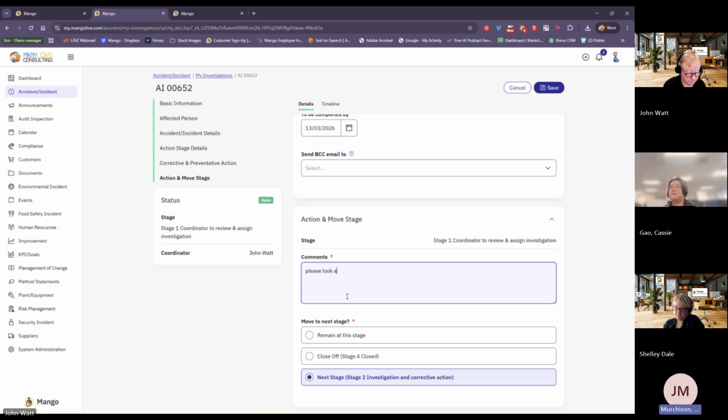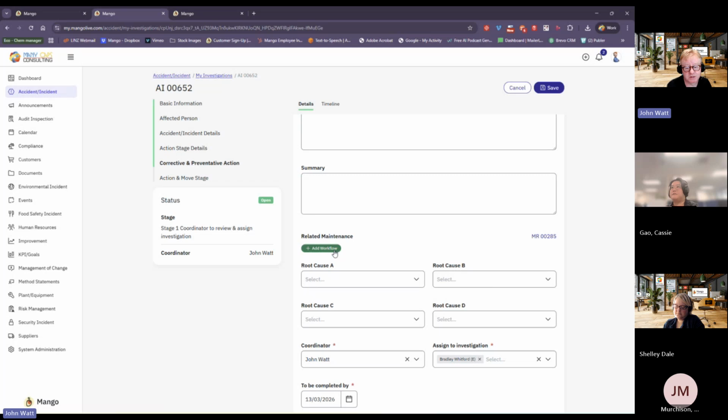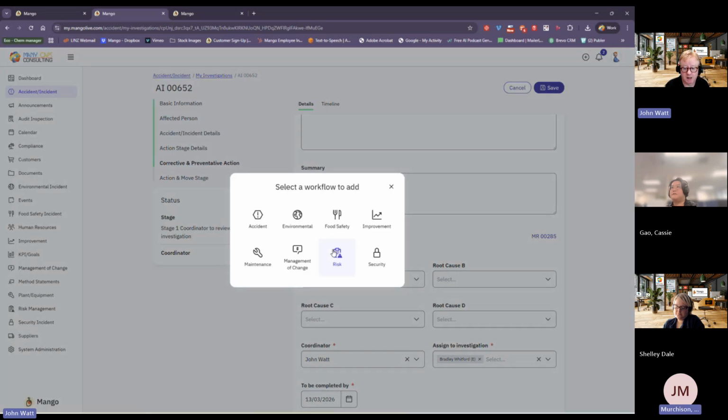From the initial report, can you also log a hazard from within that report, or do you have to do that separately? You can, it's add a workflow. But this is the person reporting the incident in the first instance, so this will be the first step.